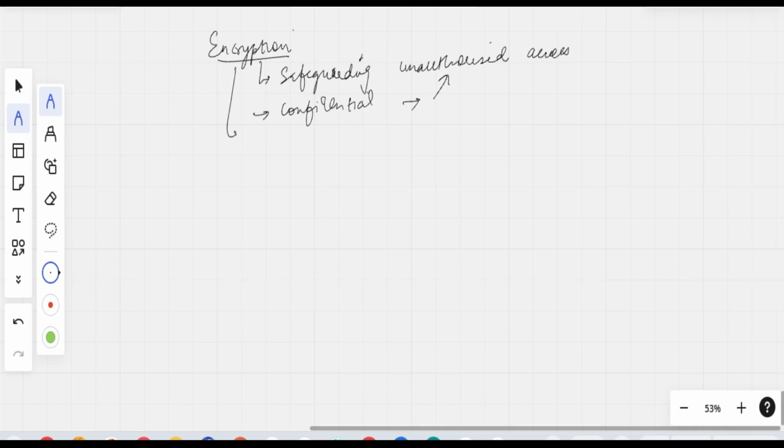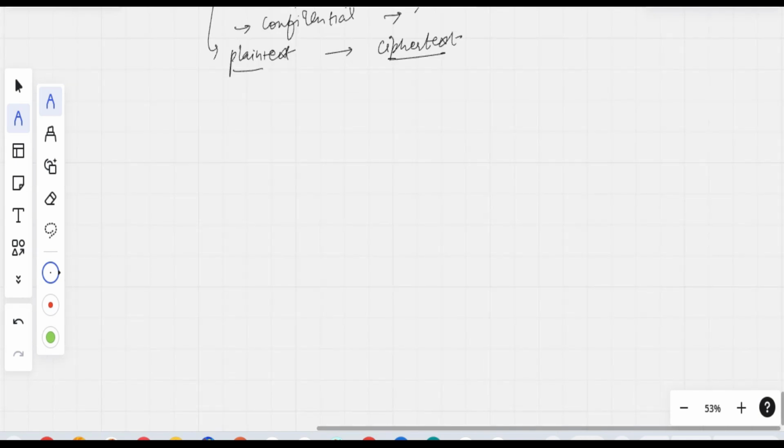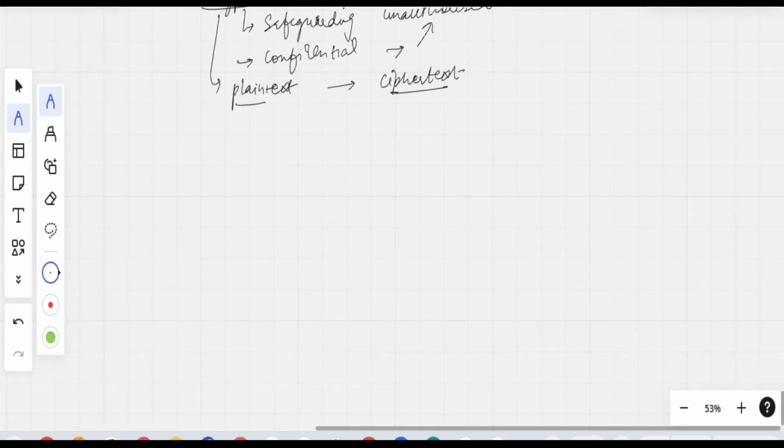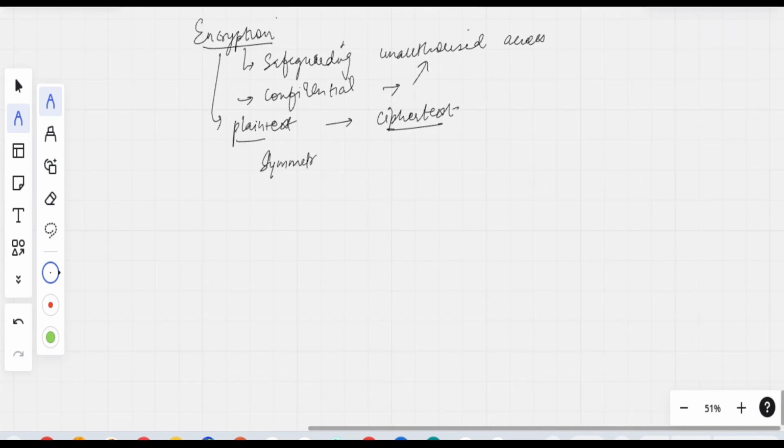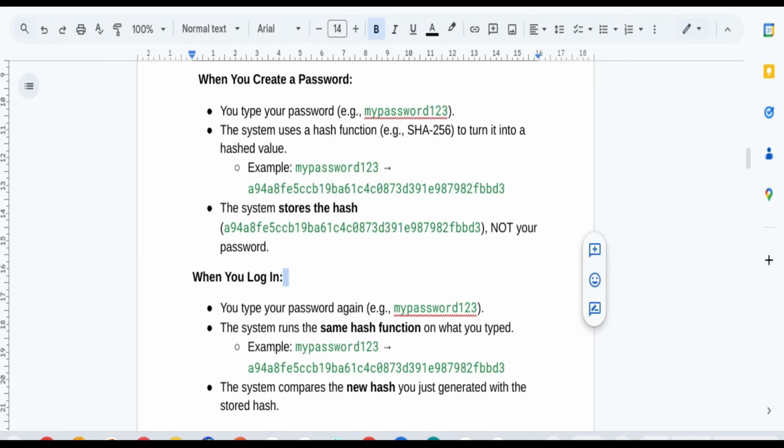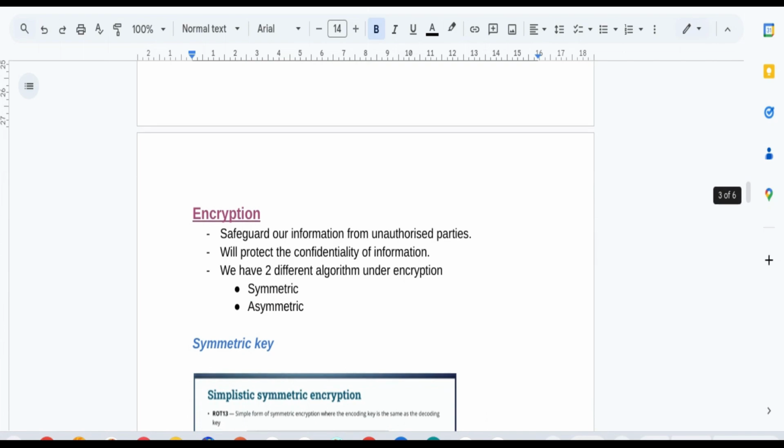So what encryption provides is that your plain text is converted into ciphertext. Now there are two types of encryption algorithm. One is symmetric and the other one is asymmetric, right? So let's discuss first by having this document available, and I'm going to add this document also that could help